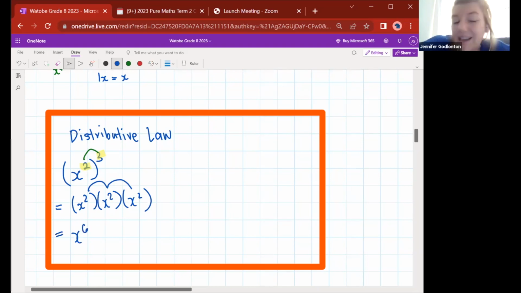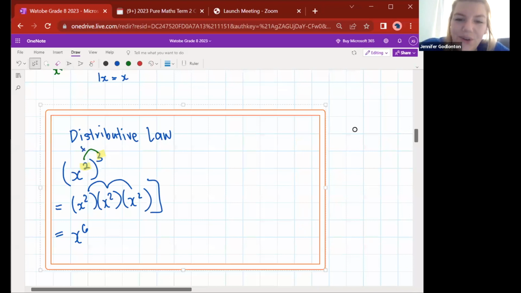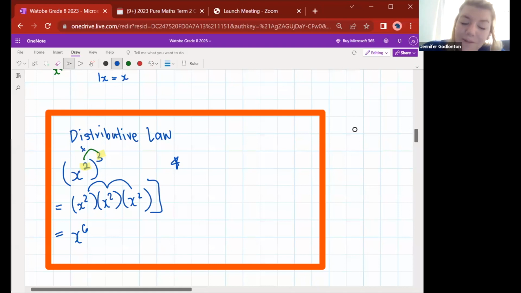Right? And the easiest way to get there, so that we don't have to write it out the long way, is we can just multiply it like that. So the rule here is when you have an exponent